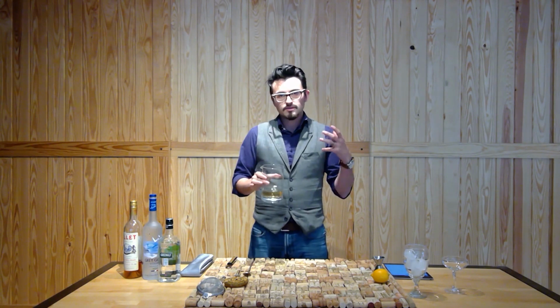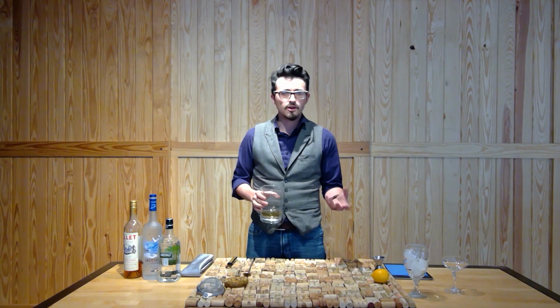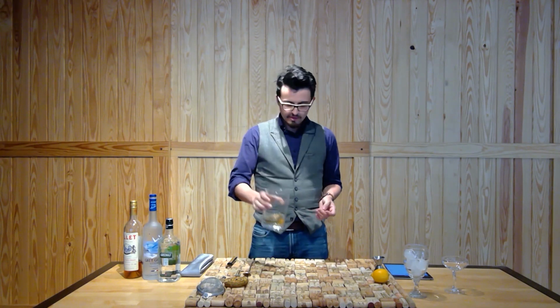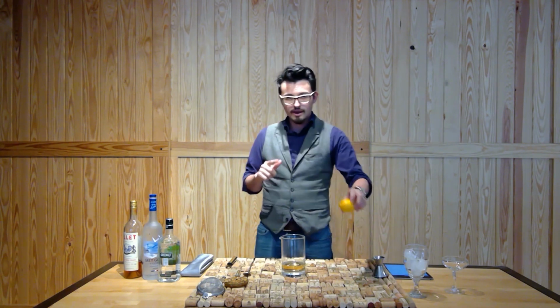So you get the bright aromatics, the juniper, obviously lavender, everything coming from the gin. Vodka is not producing much of the aromatics that you're going to be getting here. The Lillet, though, is going to bring just hints of honeysuckle, a little bit of freshly zested lemon. That brings us to the next bit, though. Before I add the ice,